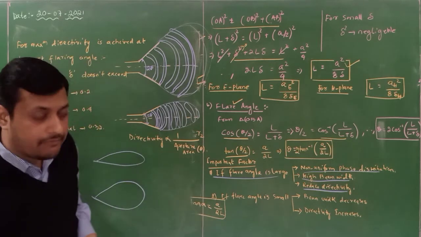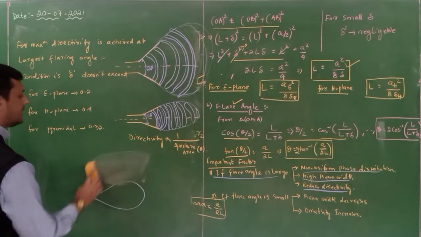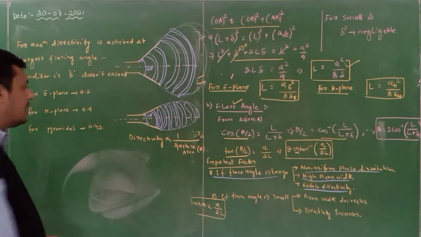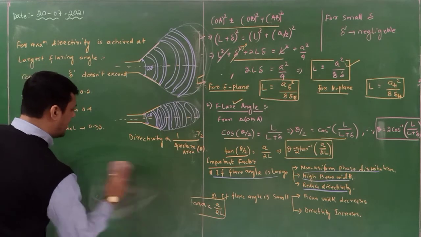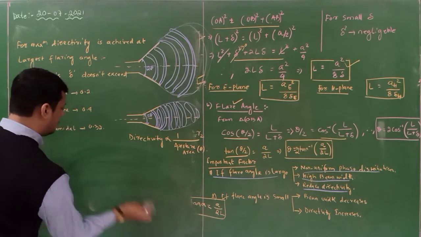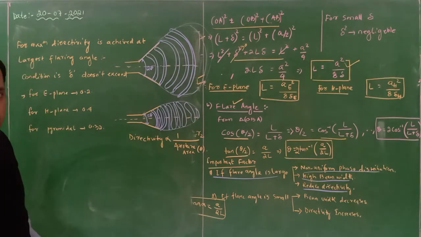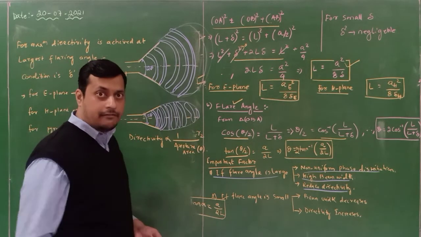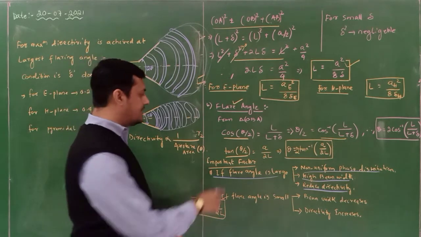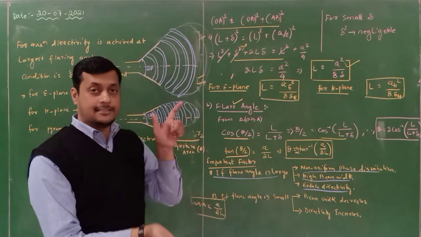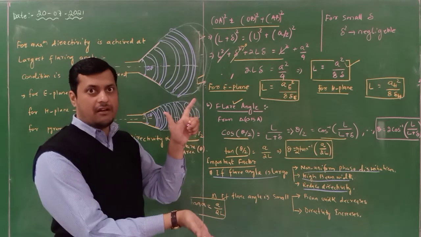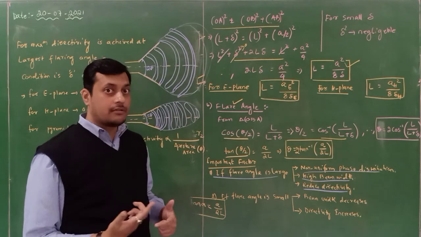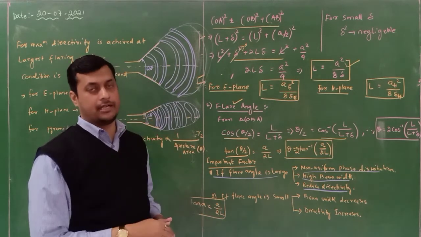Okay, so these two things we have to keep in mind before deciding the flaring angle, whether we have to keep the flaring angle a bit high or it should be low. Depending upon this, we will judge whether our device is working in high directivity or low directivity. So this is the first point. If the flaring angle is quite large, if the opening of the mouth is large, beam width will be more, non-uniform phase distribution will be there, and the reduction of directivity will be there.